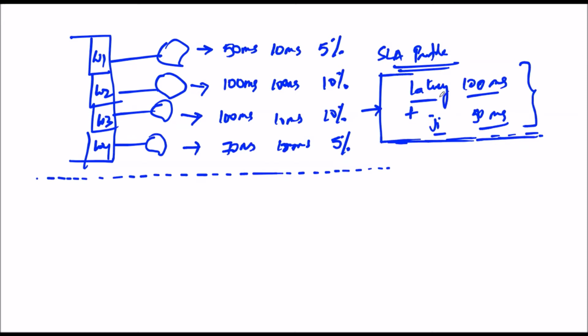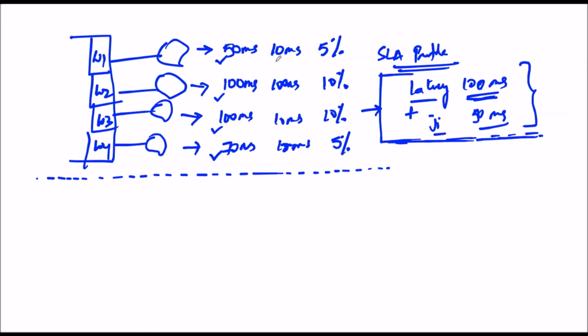Now which WAN interfaces will be considered for our requirement? For our requirement, the latency should be less than or equal to 100 milliseconds. All these WAN circuits are meeting the latency. Yes, all the WAN circuits have a latency of less than 100 milliseconds. What about the jitter information? The jitter should be 50 milliseconds or less.